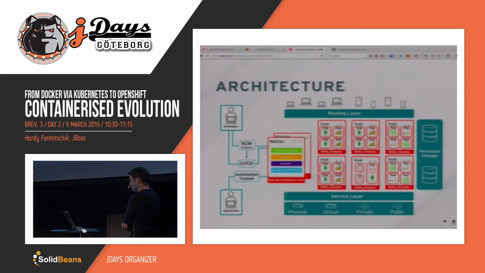The architecture is very, very similar. You recognize the pictures with the pods, with the nodes and the master, potentially one on standby. Then on the left, there's maybe a little bit interesting. It has really this developer view, which maybe interacts with OpenShift by the source control management tool like Git or SVN, or maybe the developer acts with a continuous integration or continuous deployment pipeline. So he pushes something to Jenkins, or Jenkins picks it up, and Jenkins will push things into OpenShift.